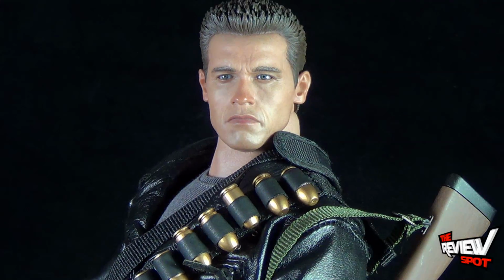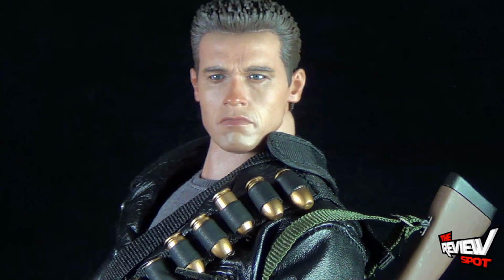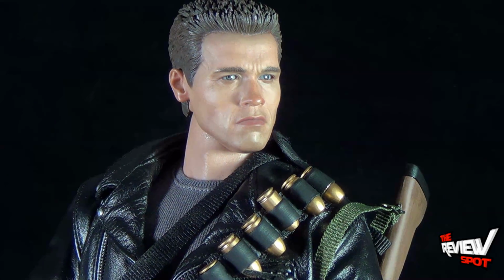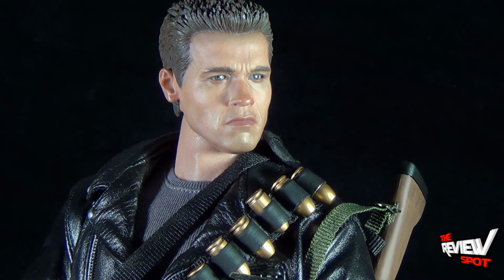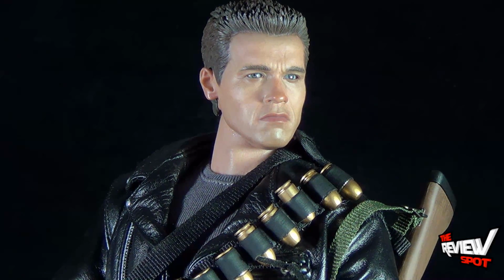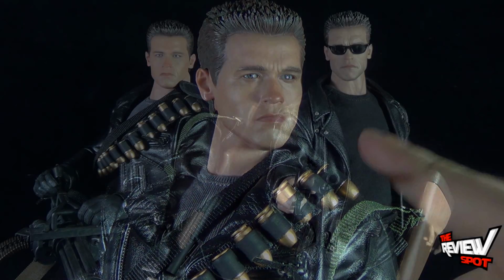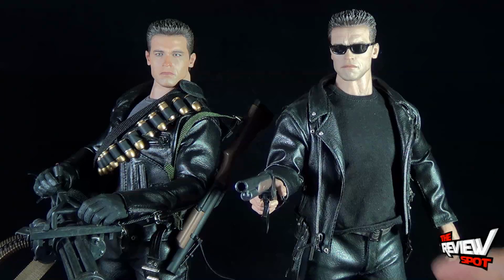Really, at the end of the day, does it look a lot like Arnold? It's not as accurate, I think, as, say, for example, the MMS 117, but the real draw for this figure, for me at least, is the added accessories. It really defines itself for what you can display him with, that it makes perfect sense to want to have both pieces. The MMS 117 being a perfect display piece for having him near the beginning of the movie, the